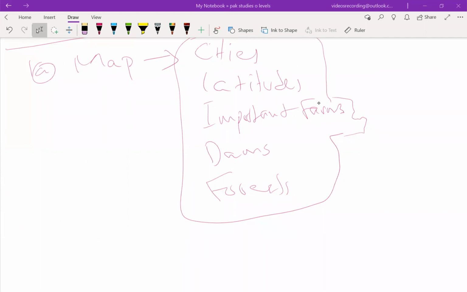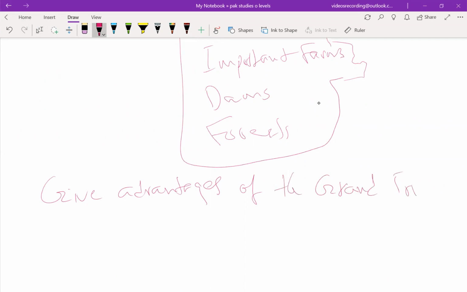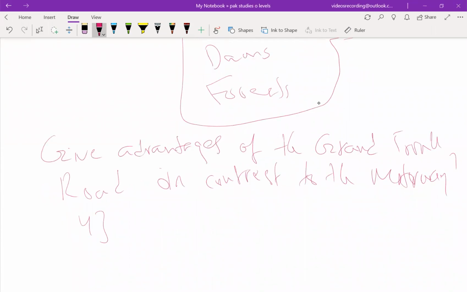Now in geography, it's a little bit more concise in the sense that you really don't have to elaborate a lot more. So let's say if a question comes that says give advantages of the Grand Trunk Road in contrast to the motorway. Now, if a question like this comes and it's of 4 marks, what you basically have to